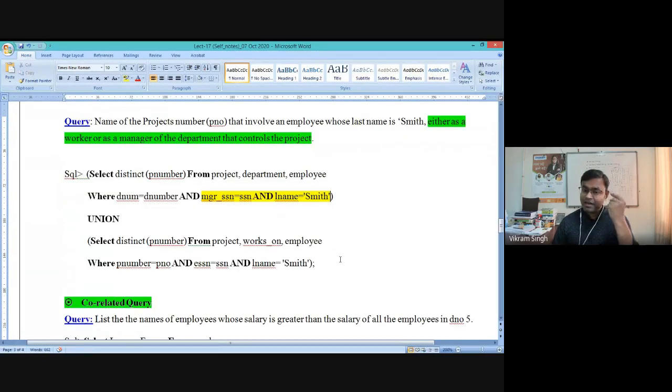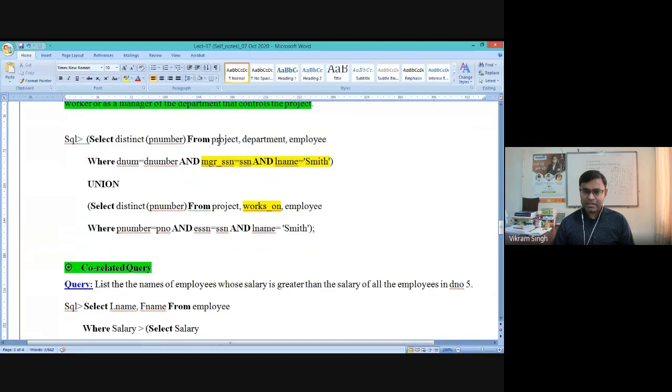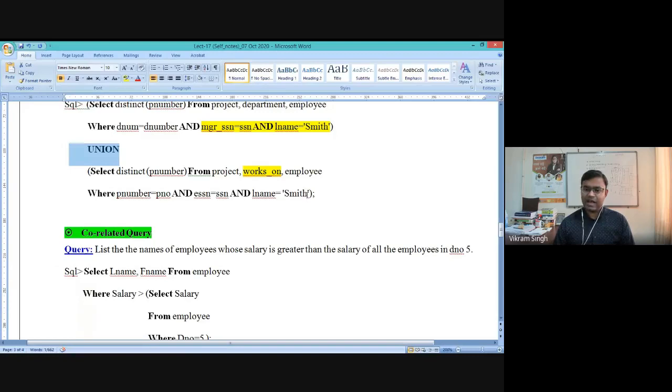Now we have to see this person with last name Smith as a worker also. So you can see this part is the same. Now works on is used because we need to see the person as a worker also. So here we are using project, works on, and employee. Here we are using project, department, and employee, right, because in this instance we are looking for the person with last name Smith as a manager, and it is unioned with the same person with last name Smith but as a worker, as an employee.